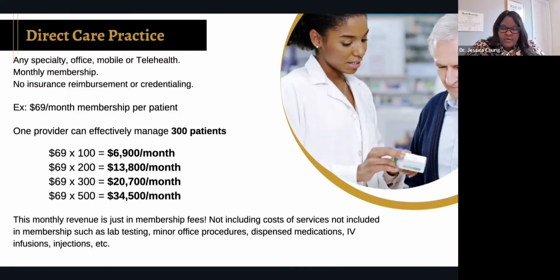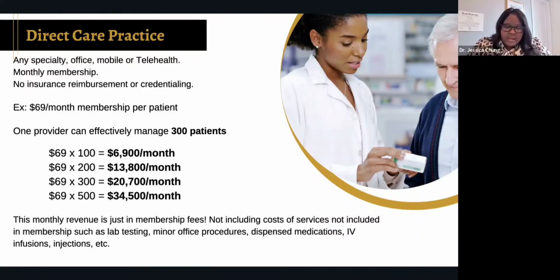So in a direct care or in a membership type of business, basically your patients, your clients are paying a monthly membership. Whatever that membership includes, you can have different tiers of memberships. So you can decide if we're going to have like tier 1, tier 2, tier 3, and you can give all of those tiers a different price, or you can have one set price that will cover a variety of services. So let's say, for example, you have a monthly membership for primary care services at $69 per month per